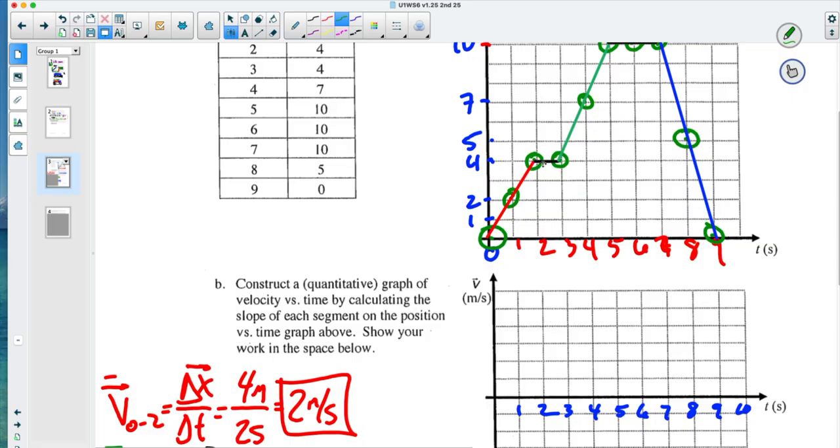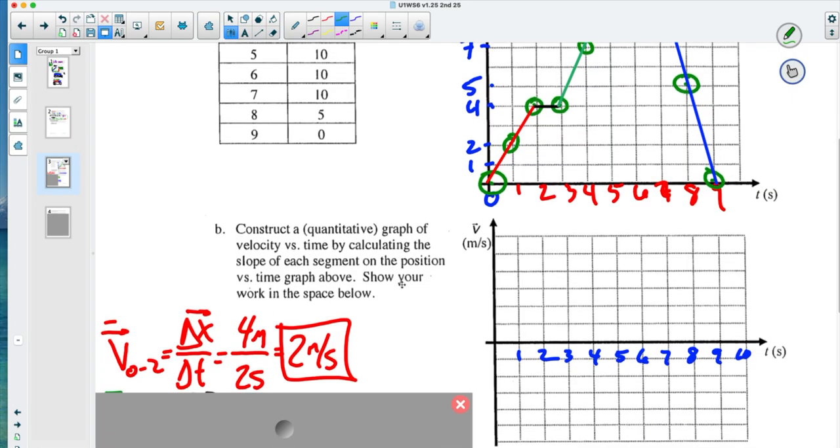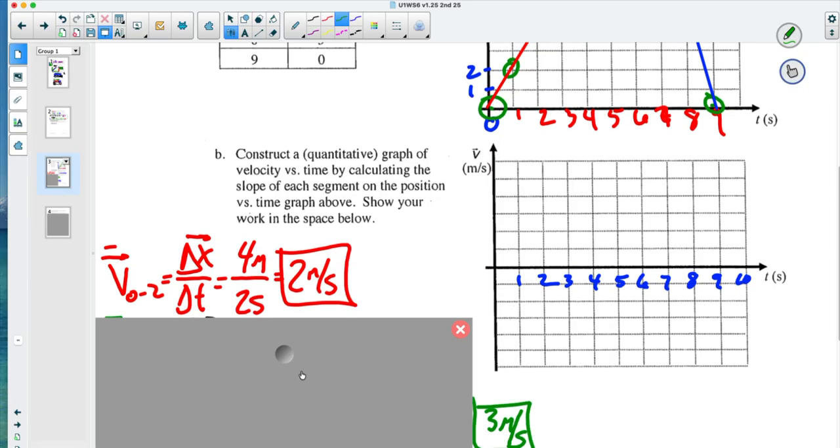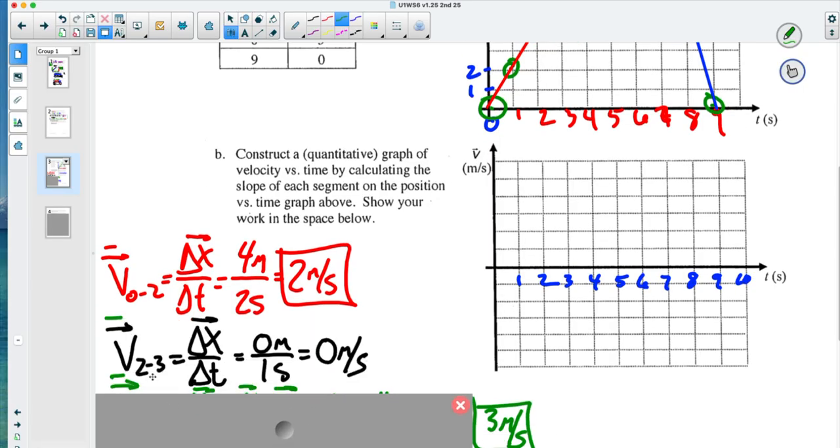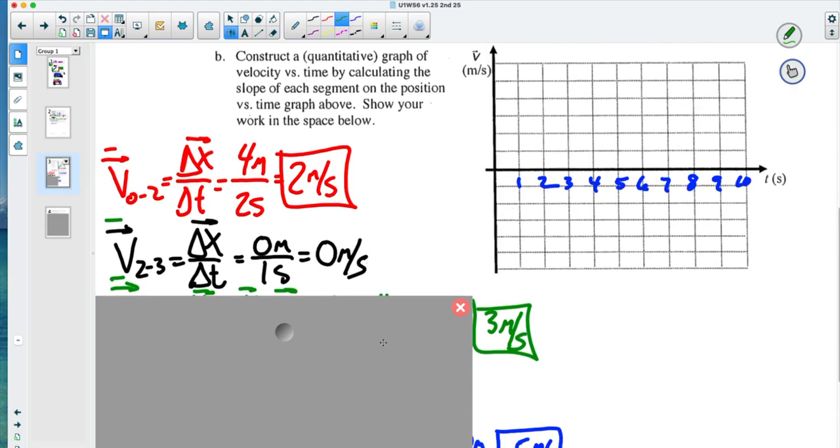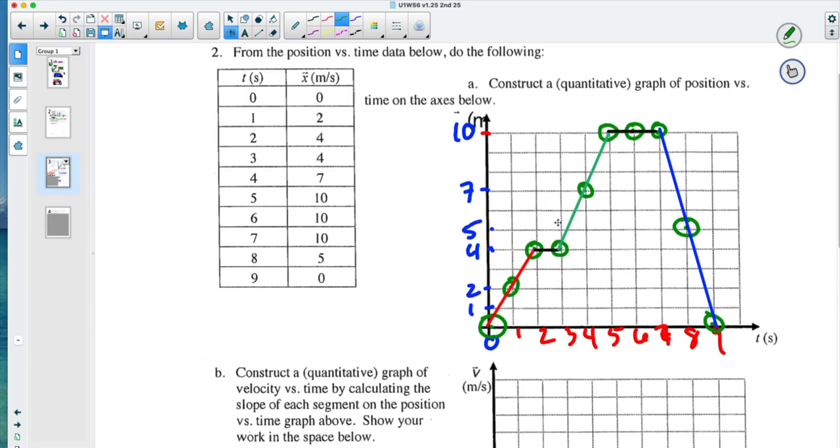For the next second, we've got a slope that is 0, right? It's a flat line. So when we punch those numbers in there, we would get, for the velocity from 2 to 3 seconds, change of position was 0 meters in 1 second, so the velocity is 0 meters per second. And then for 3, 4, and 5 phases,